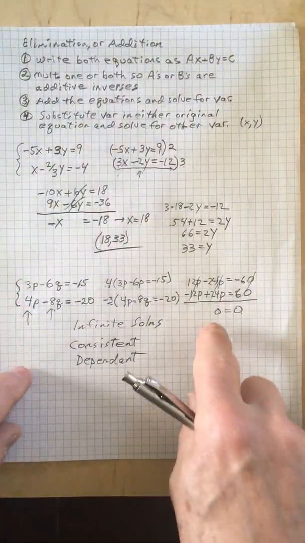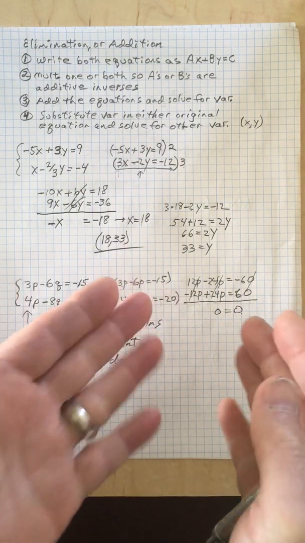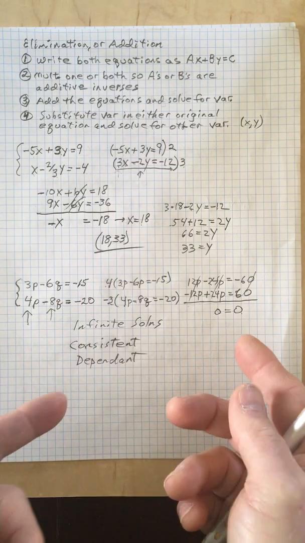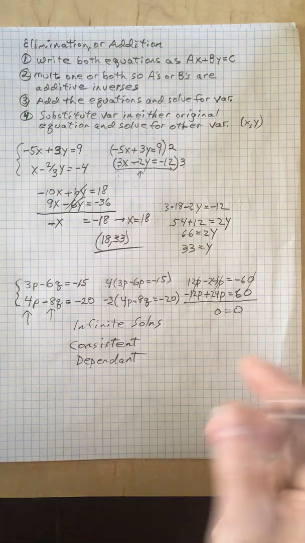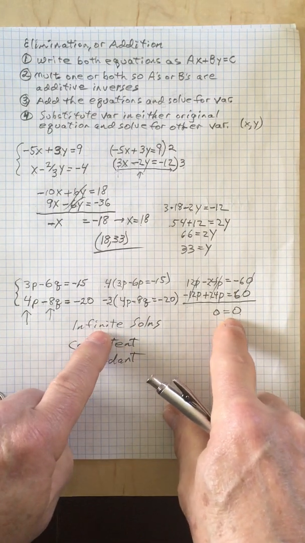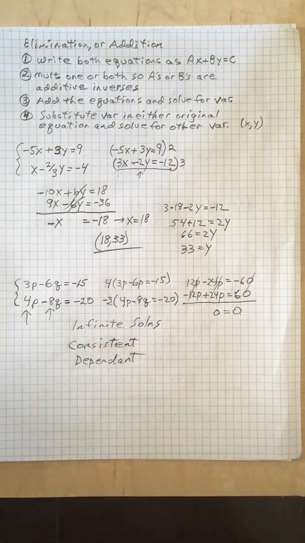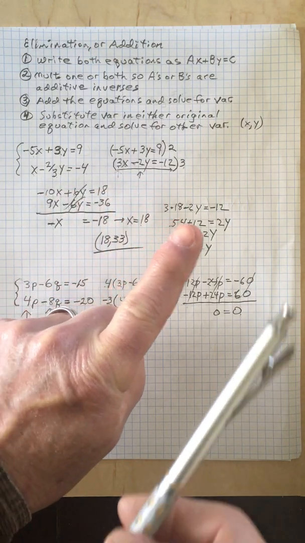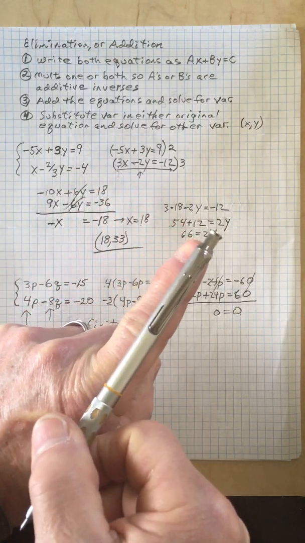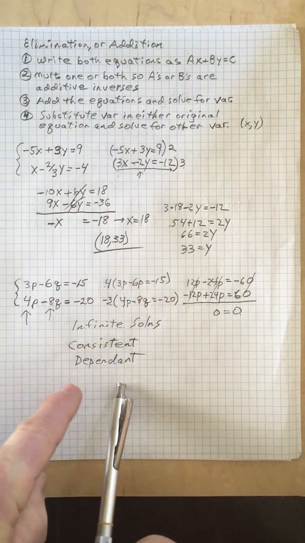And then again, let's compare that to this one. In this case, it's a true statement. The variables aren't there, so it's always going to be true. Nothing can change it. That means anything's a solution on those lines. That means infinite solutions. When you have infinite solutions, again, that's consistent because that means one or more solutions. When you have infinite solutions, that means every point on one line is a point on the other line. That means the same line. That means dependent